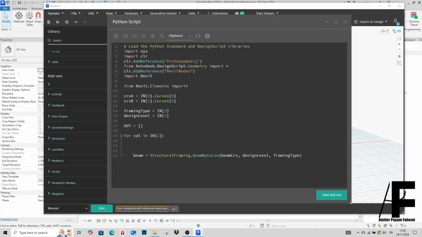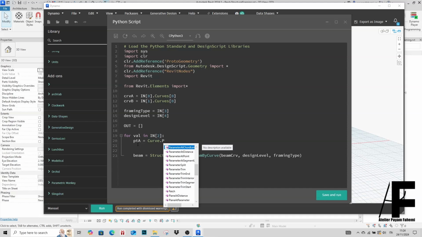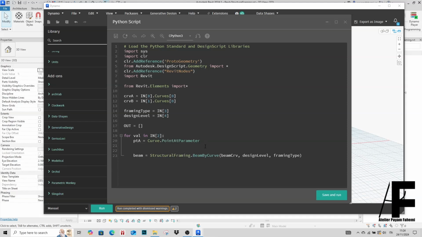So I'm gonna define point A equals, as a statement, Curve.PointAtParameter, all right. And as an argument, I'm gonna have my curve A